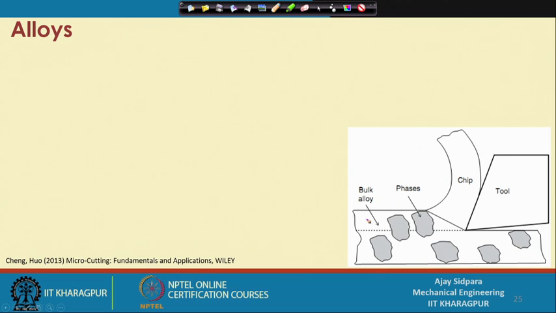This is the first phase and this is the bulk material, and now suppose this phase material is hard, and the bulk material is a little bit soft. Now, you are cutting this material. When your tool is moving in this direction, this is the location of the soft material, and then suddenly you encounter a phase of this particular alloy where the hard phase is. So, now when you are reaching this location, at that time whatever the force signature you are getting here